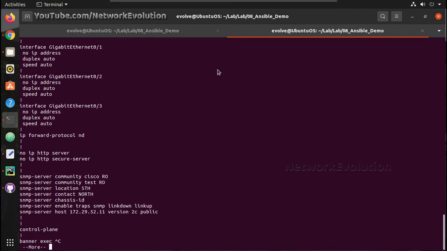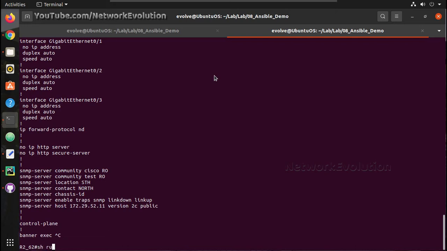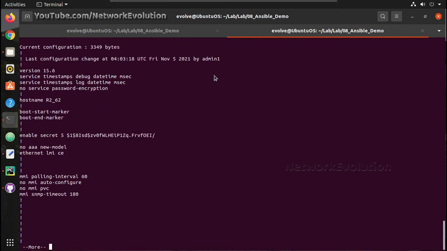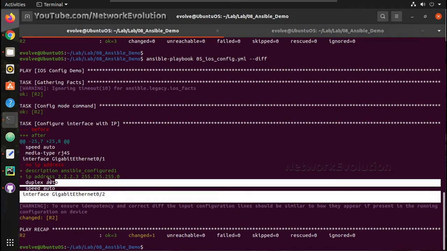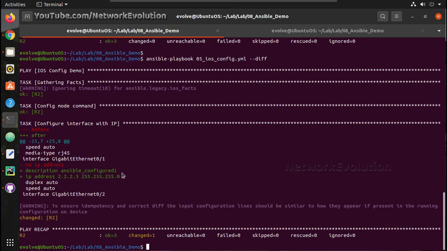The startup config doesn't have any IP, but in the running config I have the IP configured. In this way you can validate the configuration difference before saving the config.